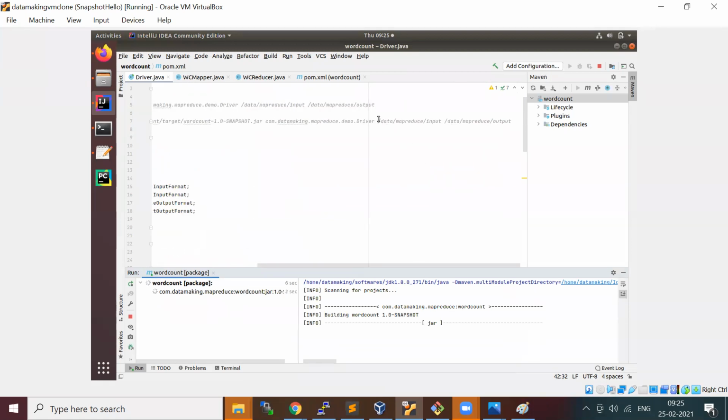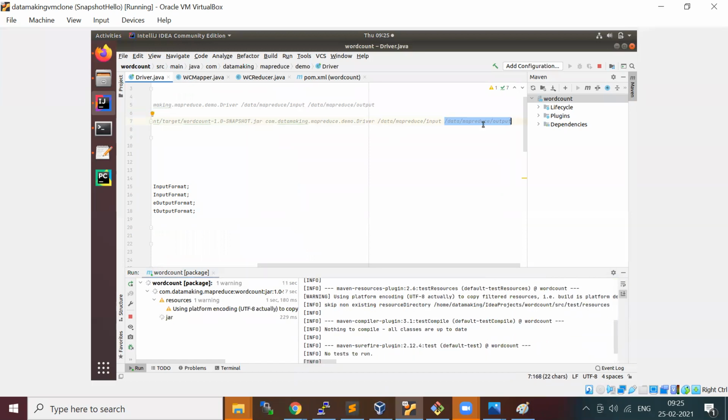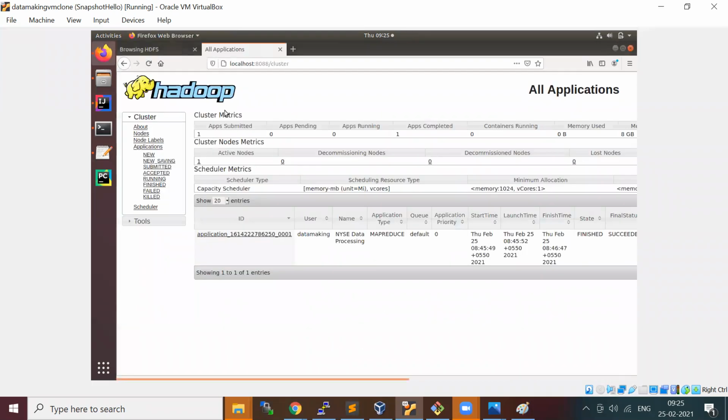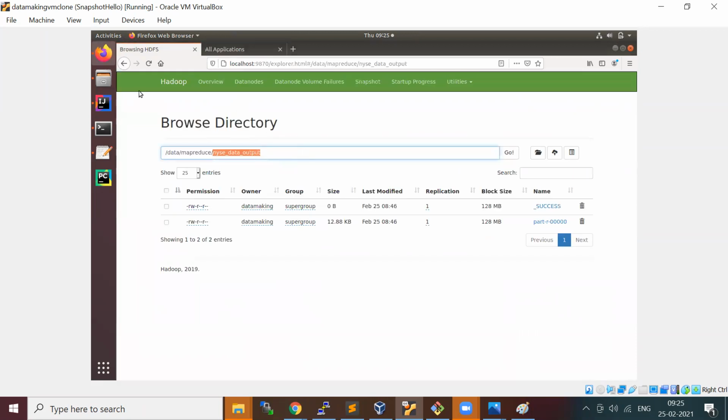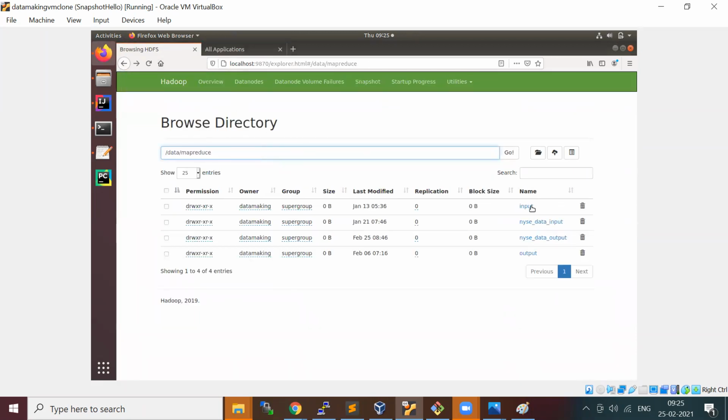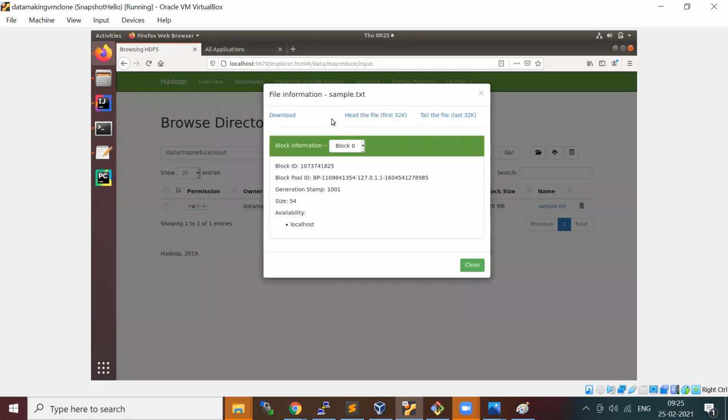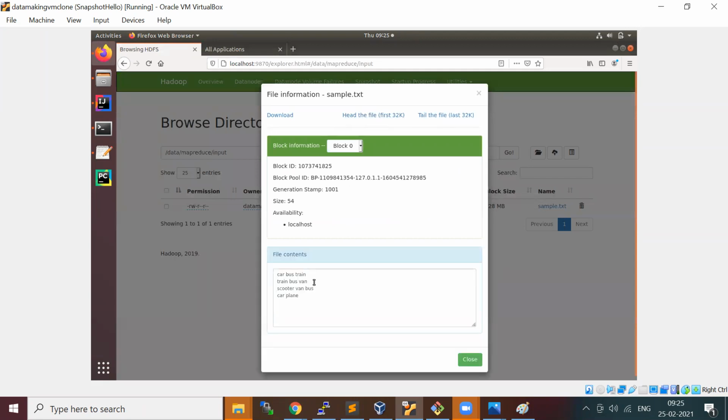I will also show you the input data and output data. Input data, I'll remove the output part. Let's go to this HDFS directory. This has 4 lines of text: car, bus, train, and train, bus, van, simple words with a few occurring multiple times or only a single time.